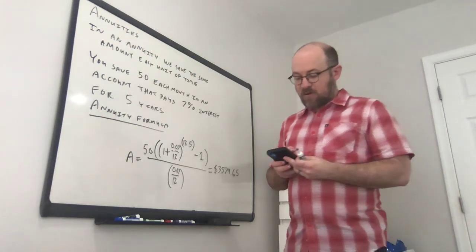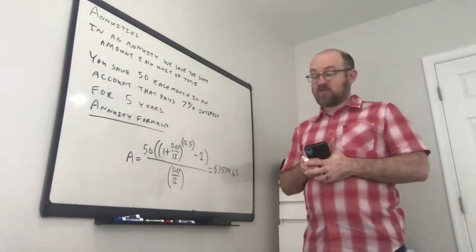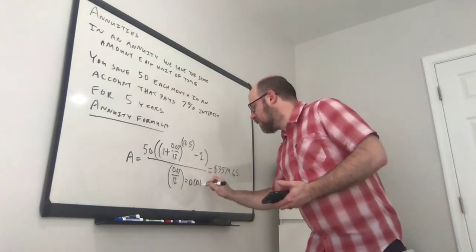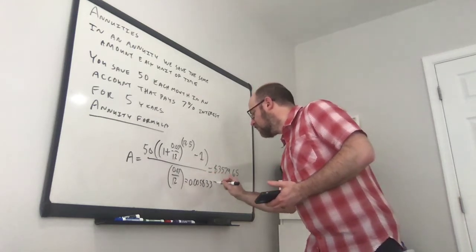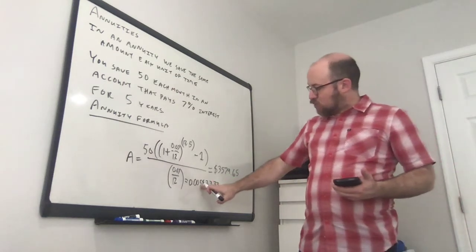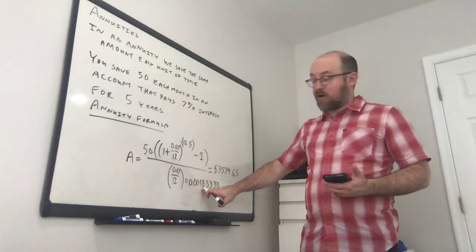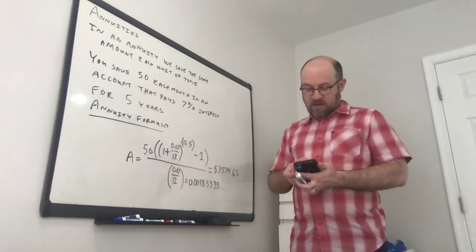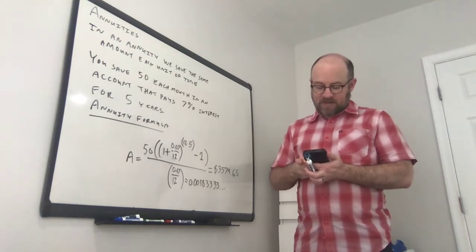is 0.00583 repeating. So this is 0.0058333, and so on and so forth. And if you just, say you rounded this to just 0.0058, and use that here and here, you would get, let's see,